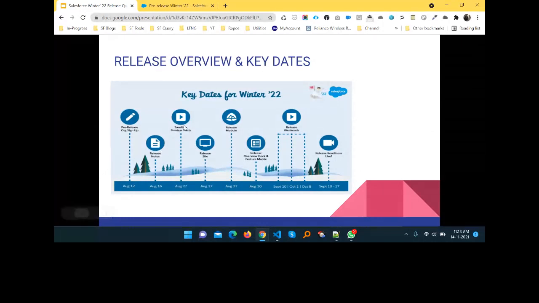Okay, and sandbox preview starts once you get these features in your org, so you can enable your sandbox previews in your particular org. Okay, and after that you can see August 27 release sites.